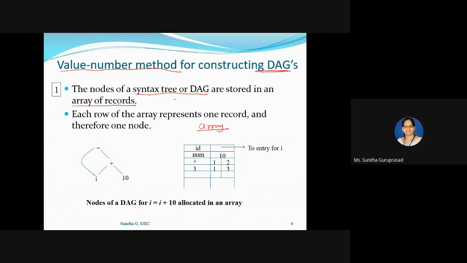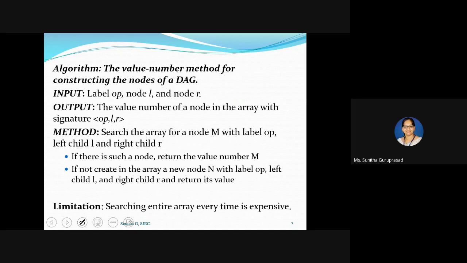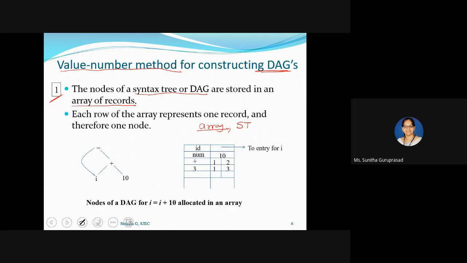All of these nodes are entered into an array, also called a symbol table. This is the first value number method. The second method is using a hash table. We will see the first method, which is commonly used. The second method we usually don't use.